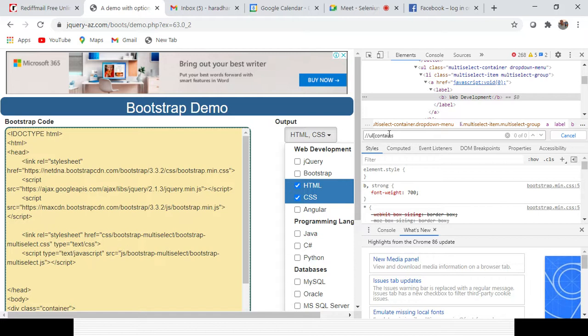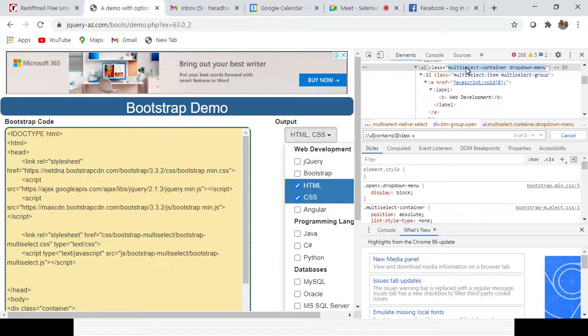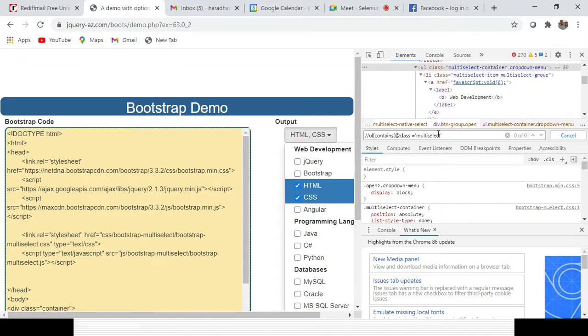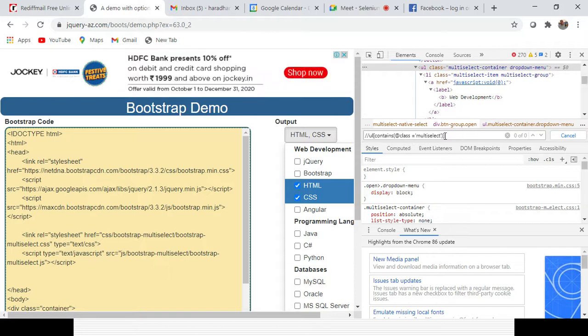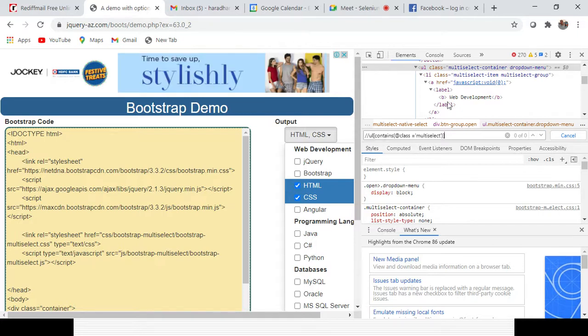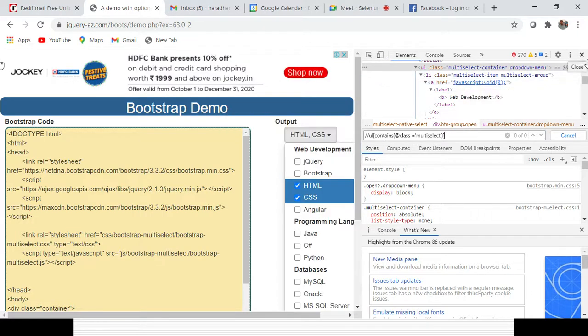Then I will use the @class annotation, @class, and equal to, I will give the first part because it is contents, right? Multi-select instead of the complete options, equal to multi-select, and I am closing it. Okay, so wait, one second, let me check it.